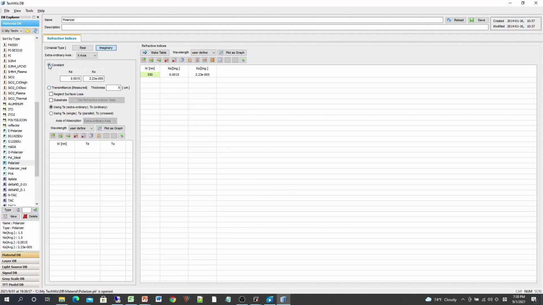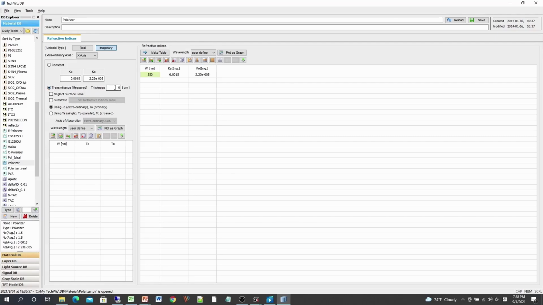So, if you know the imaginary part as a constant value, click constant and enter the KE and KO. And if you want to define it as the measured data for the transmittance, click transmittance measured and